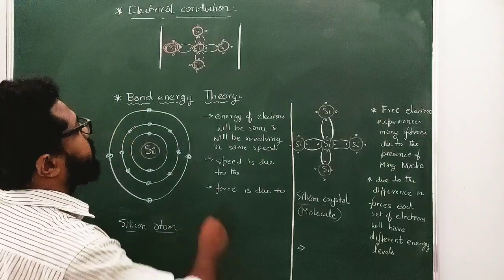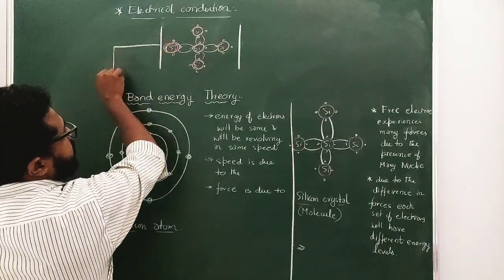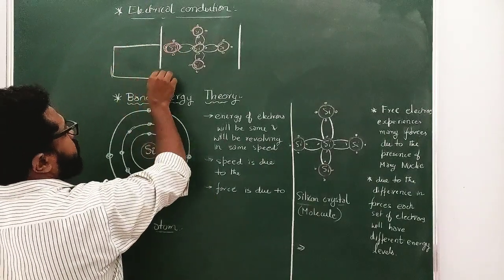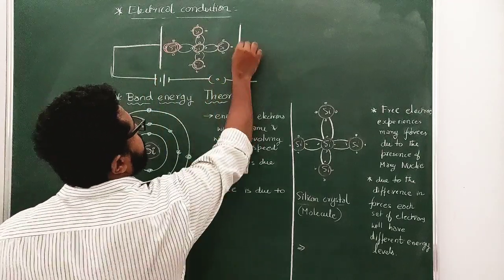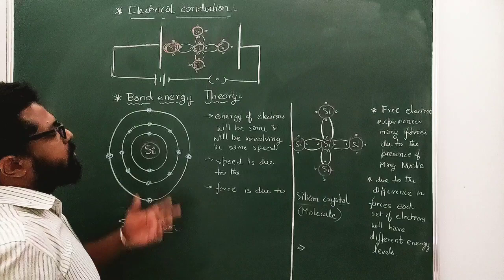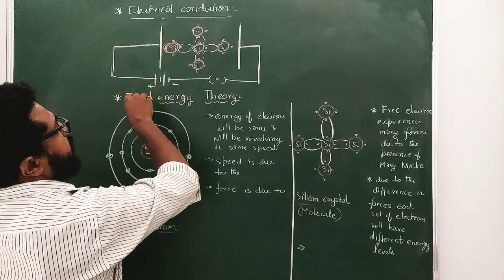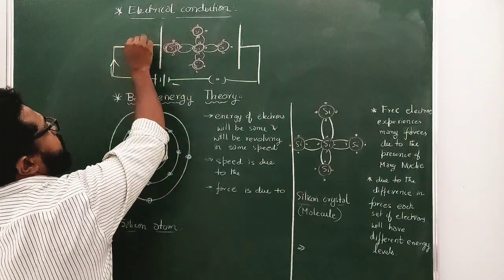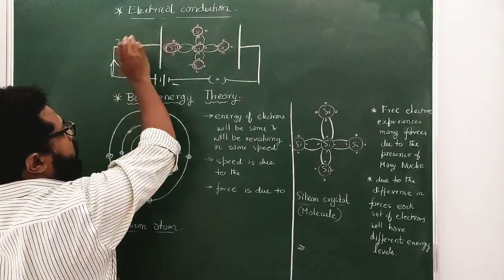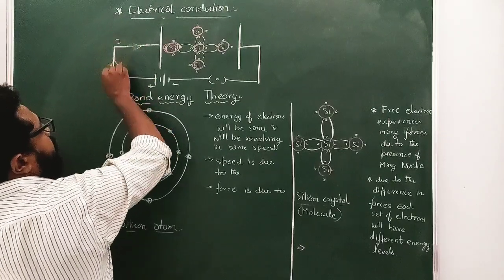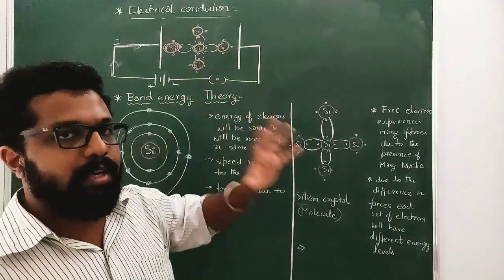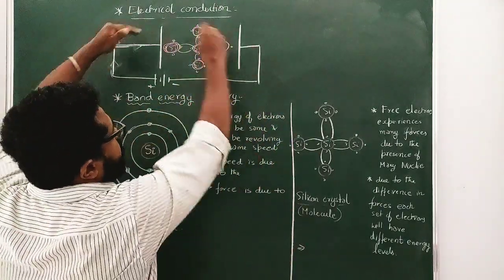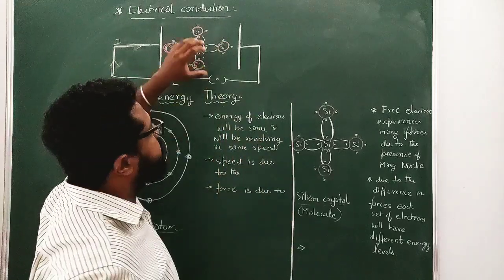The same thing is going to happen. I am applying the potential difference with the help of a battery, with a switch, a positive end and a negative end. Before the current passes, nothing will start moving, because we still don't know how the conduction takes place. So right now the potential difference is applied.